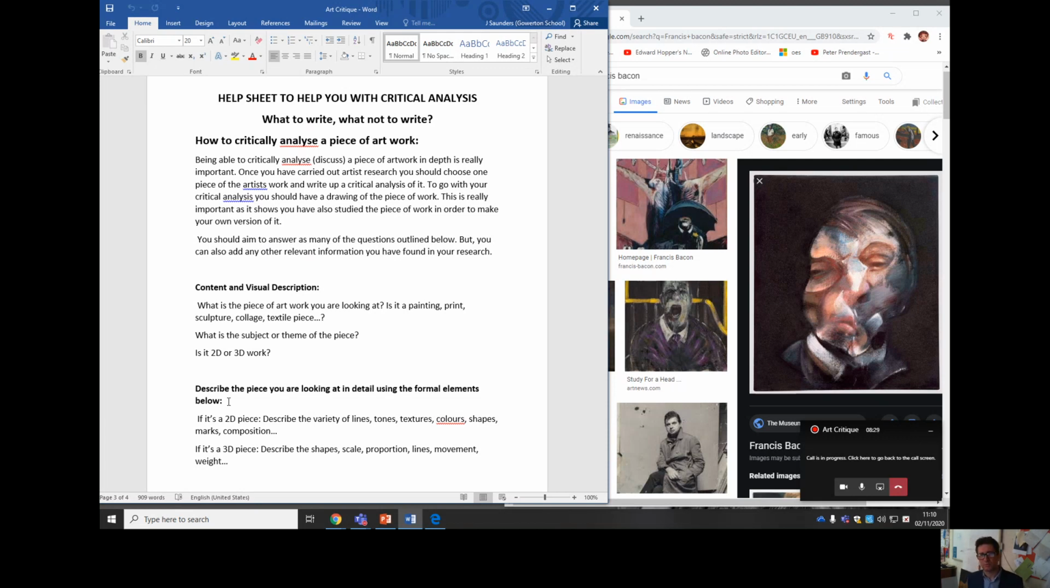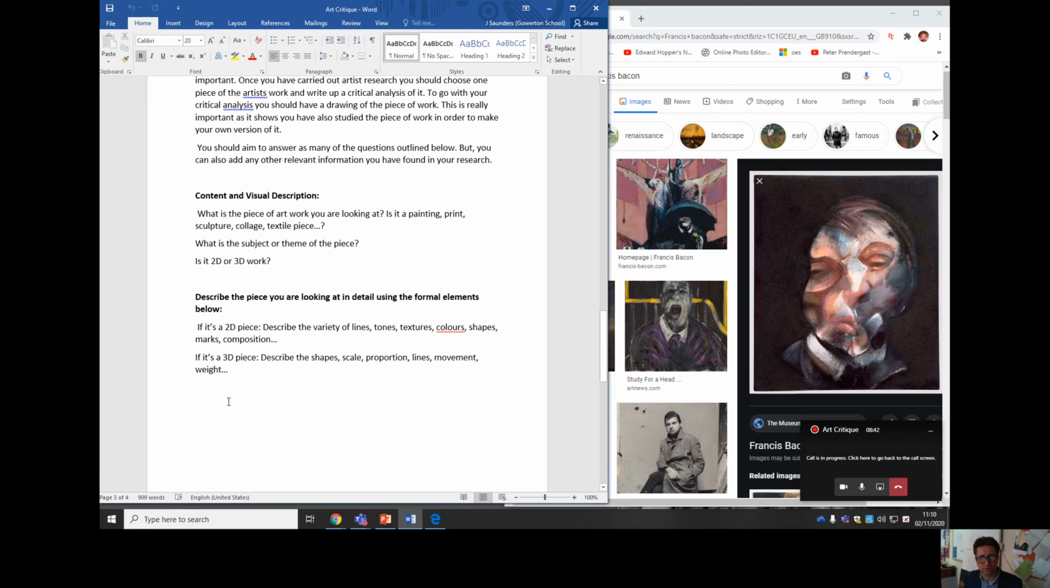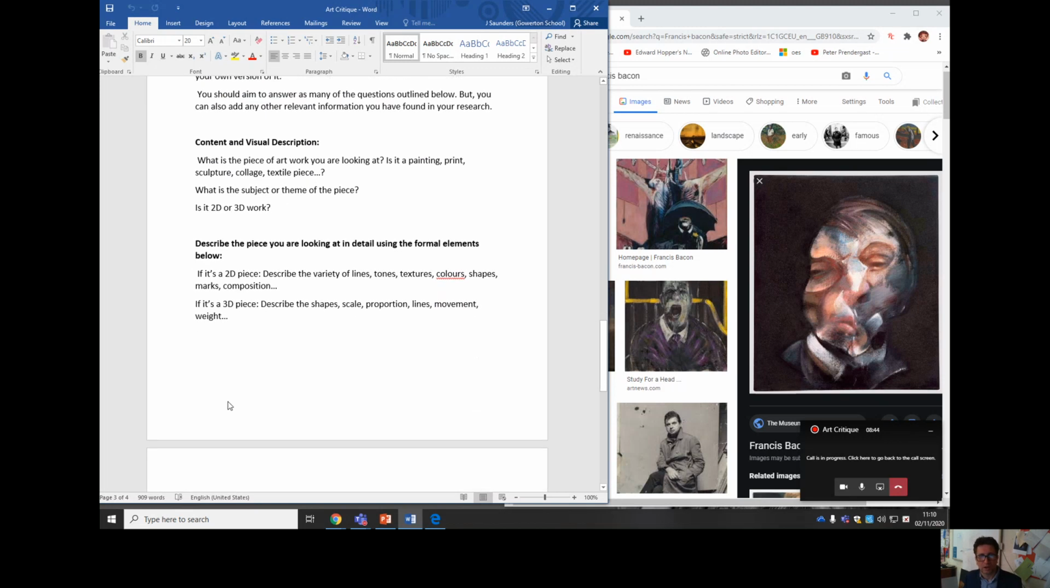What is the subject or the theme? Has he got a theme running through it? Now it's a portrait. It's a portrait of a man. Who's the man? What's the relationship to Francis Bacon? What do you think he's trying to convey? Is it 2D or 3D? Basic question. When you're describing a piece of work, you can use formal words and formal elements to talk about it. These are artistic terms. I'll come to that a bit when we come to